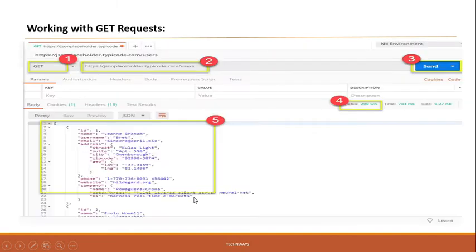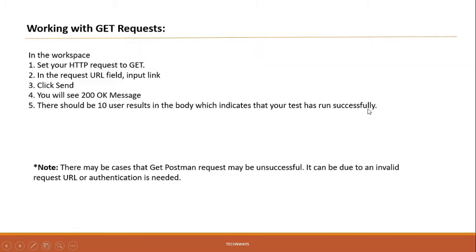Okay, let's move ahead. Working with GET: you can see here that we already told you this is the request type, this is the request URL, and this is the send button. When we hit the send button, we get the response here in the body, and you can see the status is also coming. If it is working properly, we will get a 200 status, the OK status. So, the same thing: we put in the HTTP URL, click on the send button, and verify the status. If it is OK, it means it is returning a proper response and working properly.